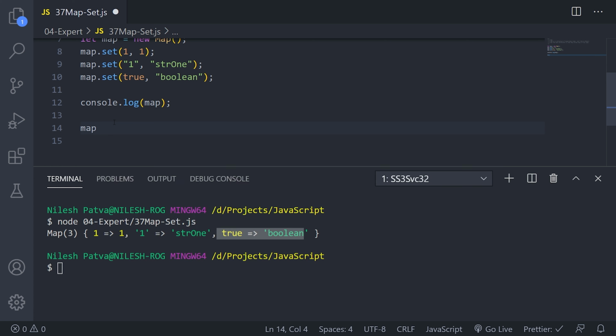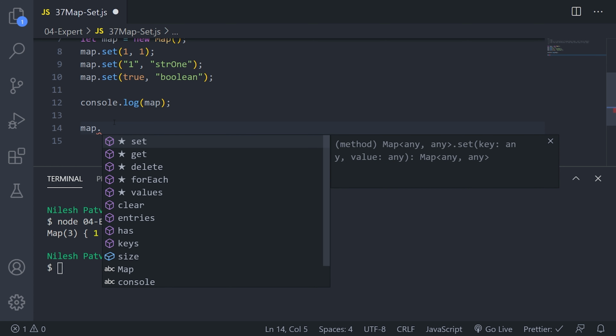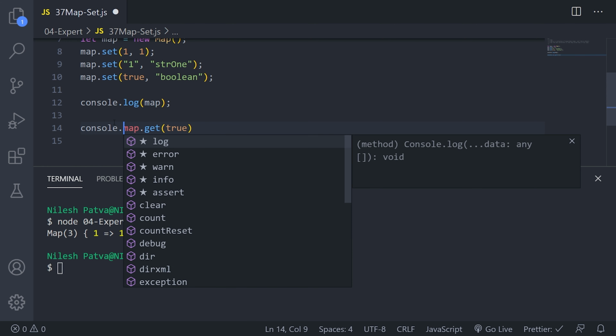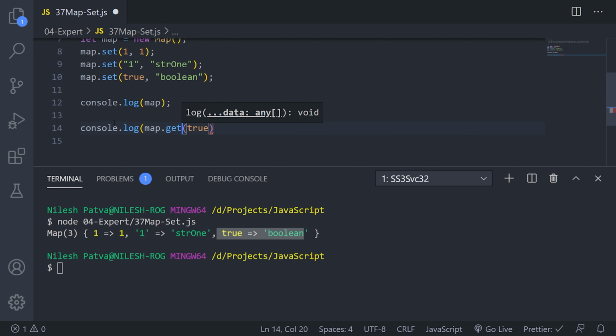We have seen the set method to set certain values. There is another method, get, where we can get the values. Let's say I pass true here, and if I console log this entire thing, we will find the boolean as the answer.